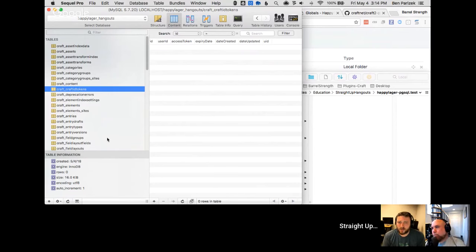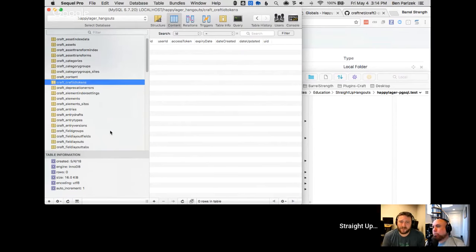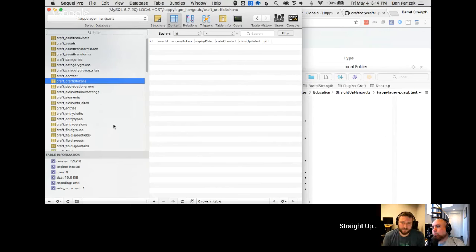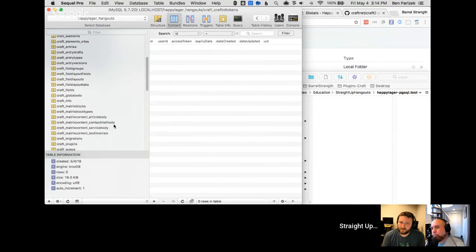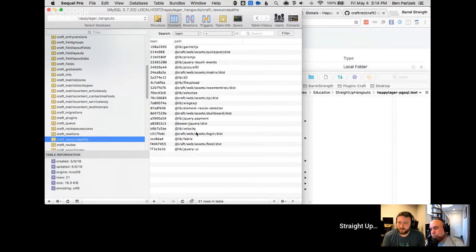There's a user preferences table that didn't exist before. Craft ID tokens. And it looks like there's a resource paths table for assets as well. Is this where Craft's storing those default paths? This is an attempt for Craft to